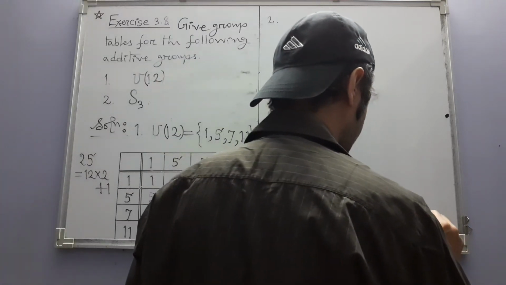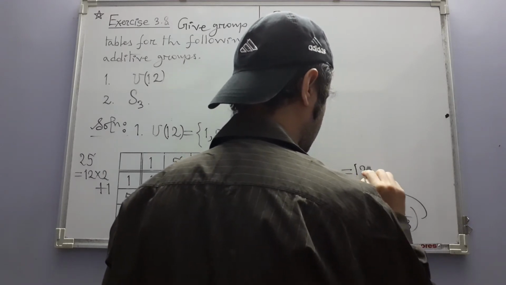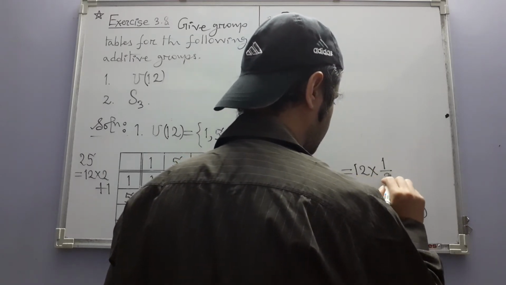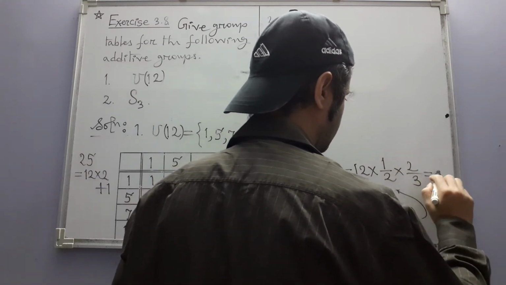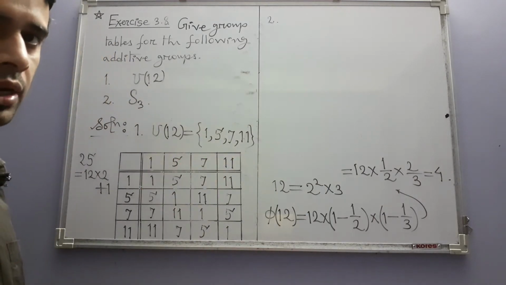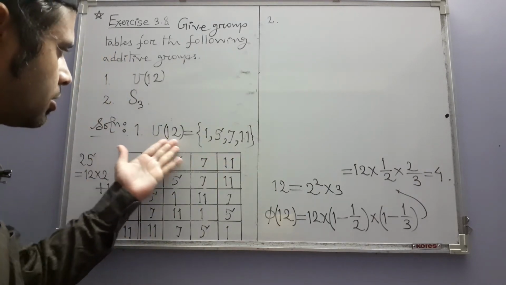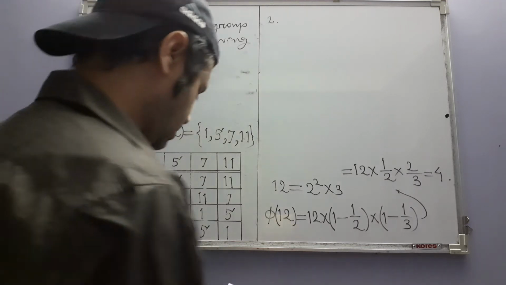So what will this be? 12 times 1 over 2 times 2 over 3. This is 4, and there are 4 elements. So like that you can calculate the order of this group, the number of elements. Okay, now next,